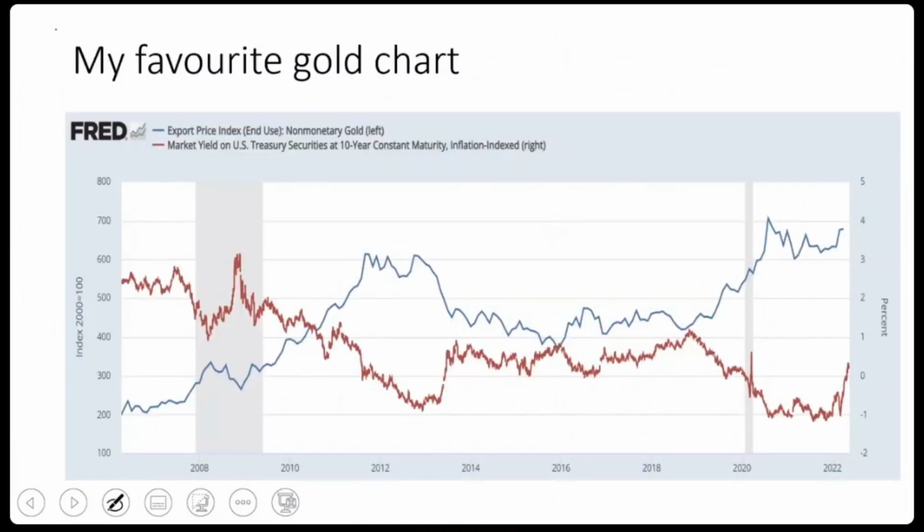Let's move away from stocks. I just wanted to show you another favorite chart of mine, and this is gold. And the reason why this is a favorite chart of mine is you seldom find charts like this. Okay, for economists and strategists, we typically like to find charts which correlate so that we can have more or less a kind of model to help us predict things.